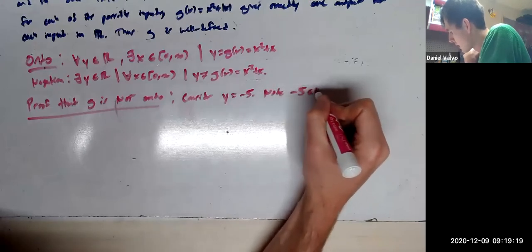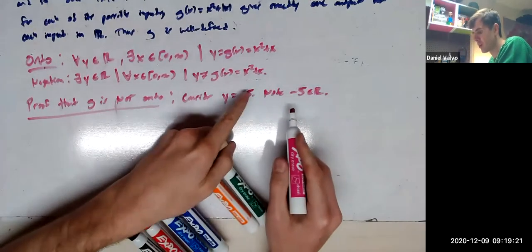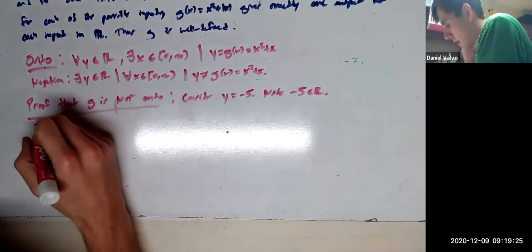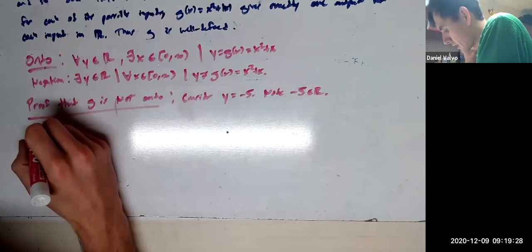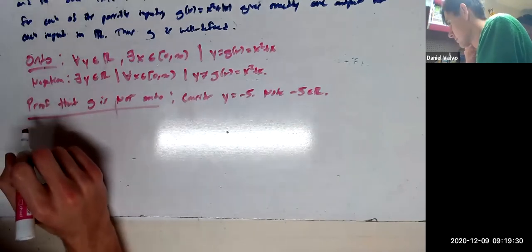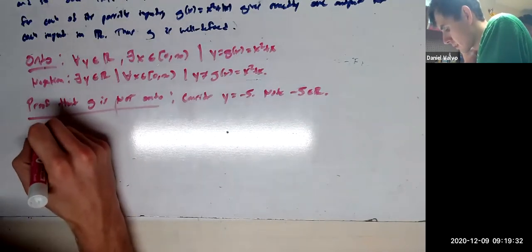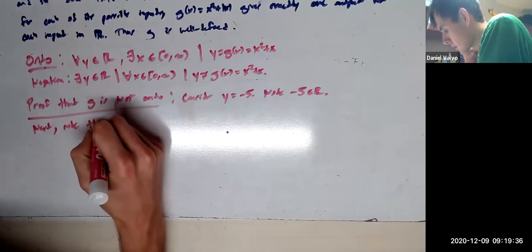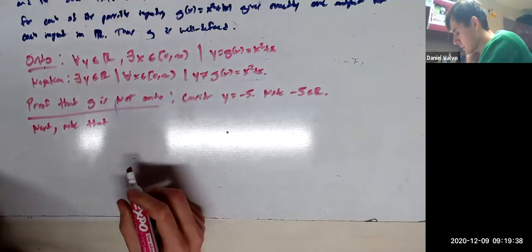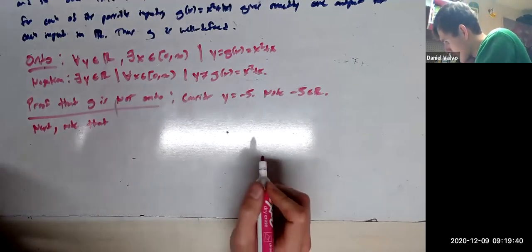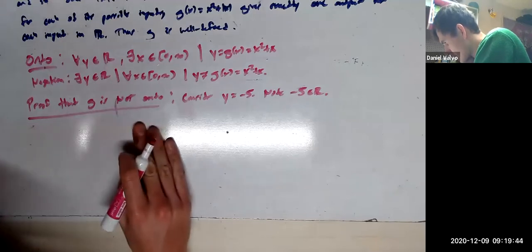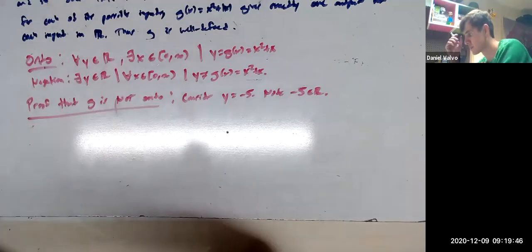Note -5 is in R. This is just verifying that y is actually in our codomain here. Next, note that,